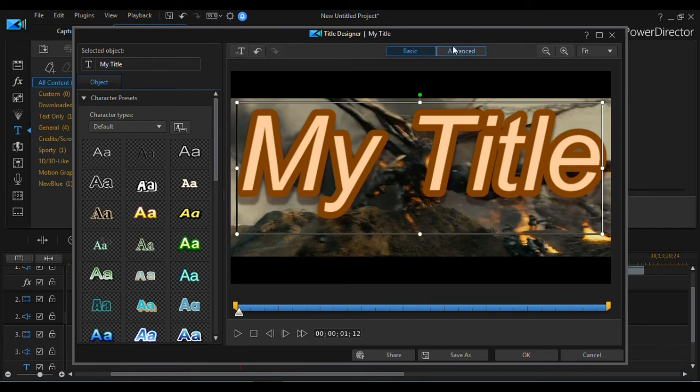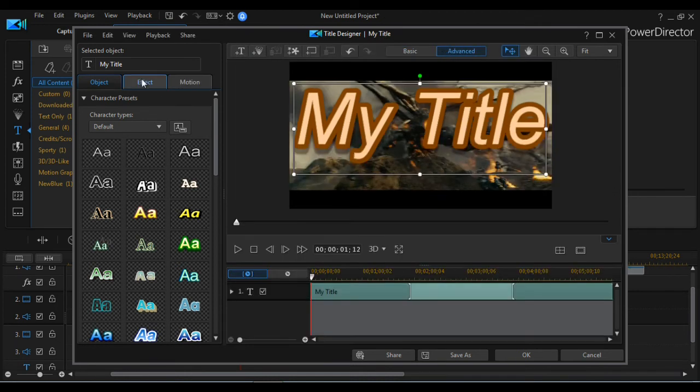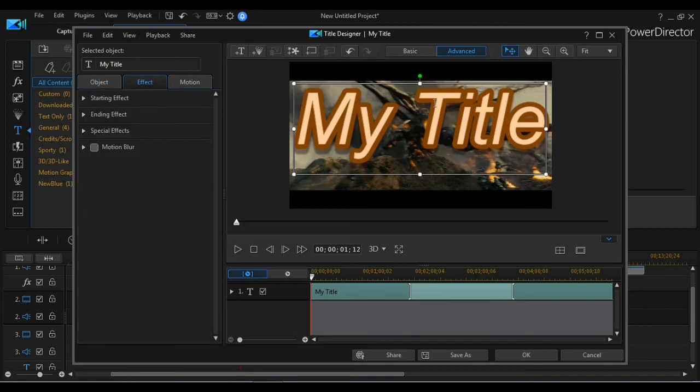Then for transition, if you give advance, you will start getting effect and motion options and all. So starting effect and this and all. So now we'll get the effect and motion, and the path where you want to go. Now I'll explain in more detail. So starting effect,